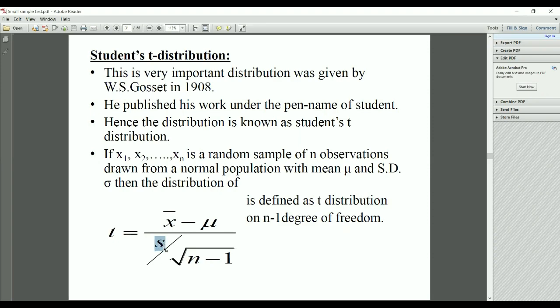What is S? I told you just before, half an hour ago. I have shown one table: if the sample is from the population, we use mu, sigma and sigma square. If it is from a sample, when we are calculating for the sample, we define x bar, s and s square. That is standard deviation.